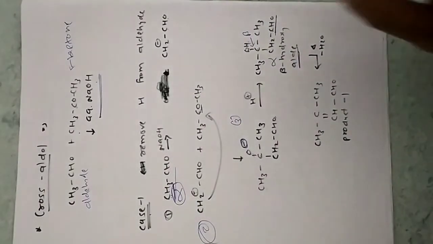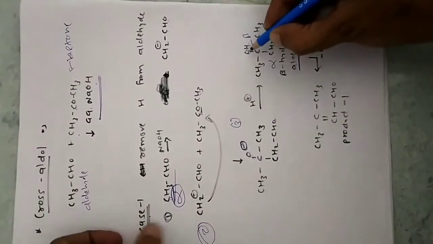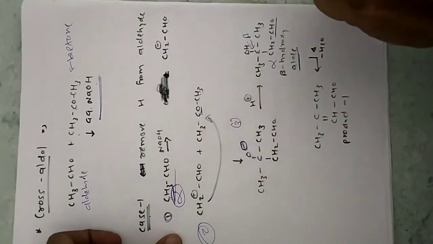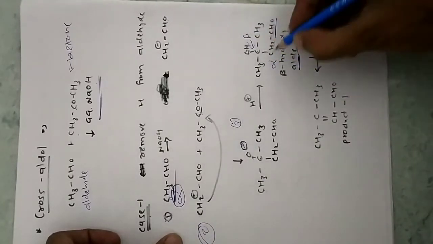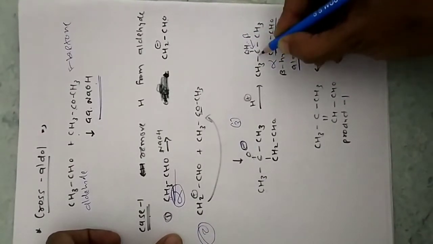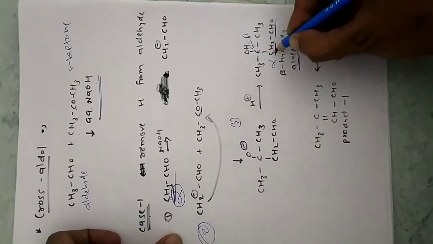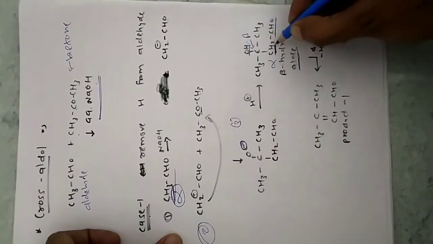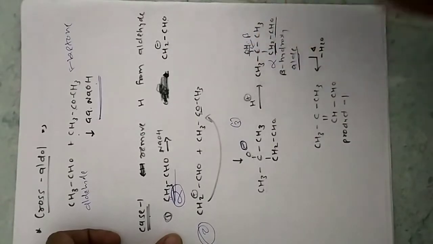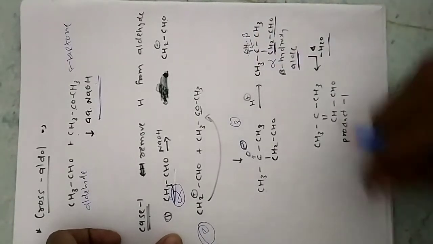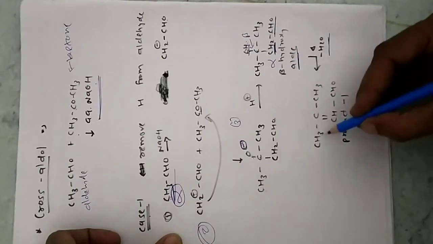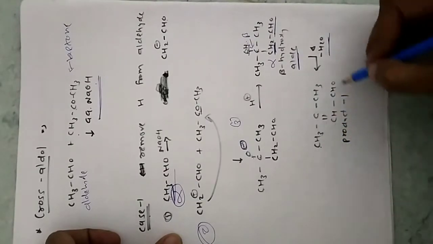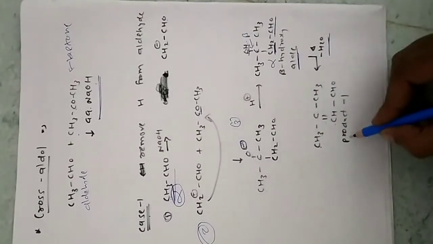Now in the next step, we have to remove H2O. So OH and a hydrogen from the adjacent inner carbon. You can see this one is the adjacent carbon. So OH from here and hydrogen from here are removed as H2O, making a double bond here. So this one is our product, and you can see the double bond is there now. This is our product 1.